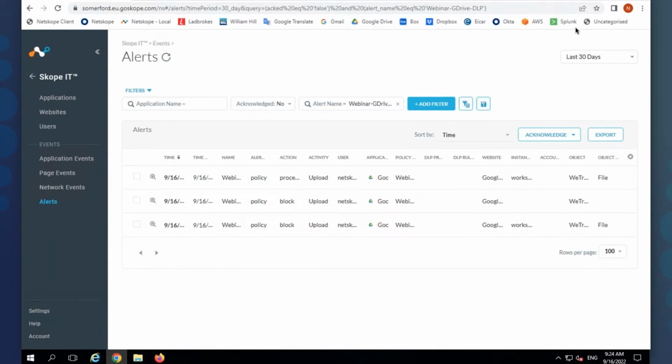And there we go. So the bottom one is going to be our alert when we were trying to upload. The second one is when we got blocked from uploading. And then the top one, you can see it's proceed here, meaning that it was a user alert. So what I would do is I'd roll it out to alert first, get all the visibility, do a bit of analysis of the user's activity, see what they're up to, see what they're doing file-wise, where they're sending stuff. Then I would create my policies to make them only able to do what they're allowed to do, but